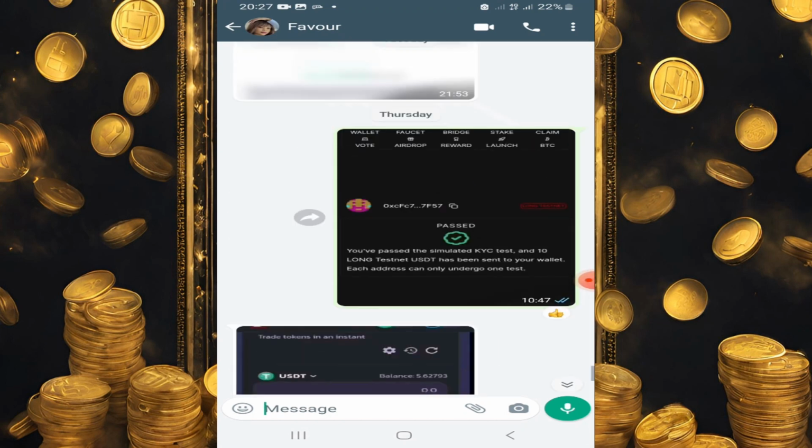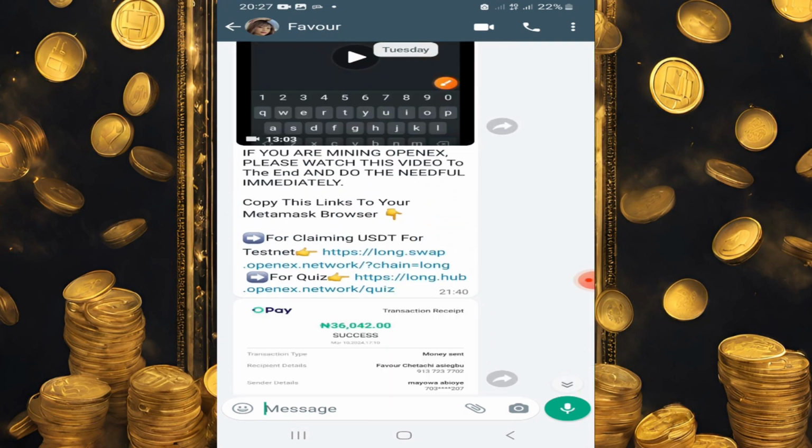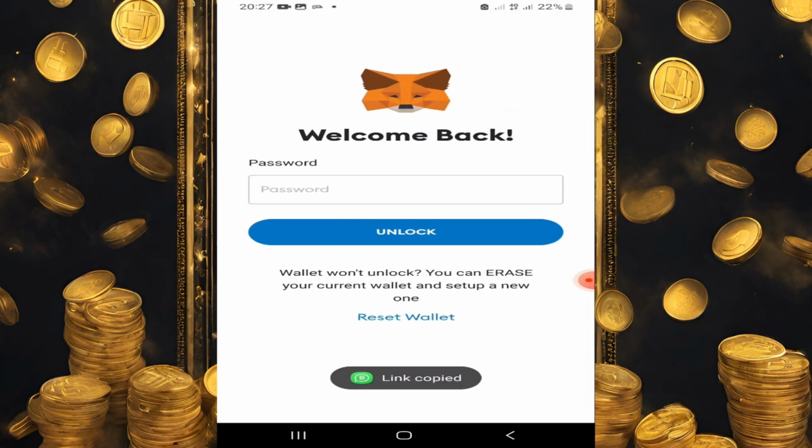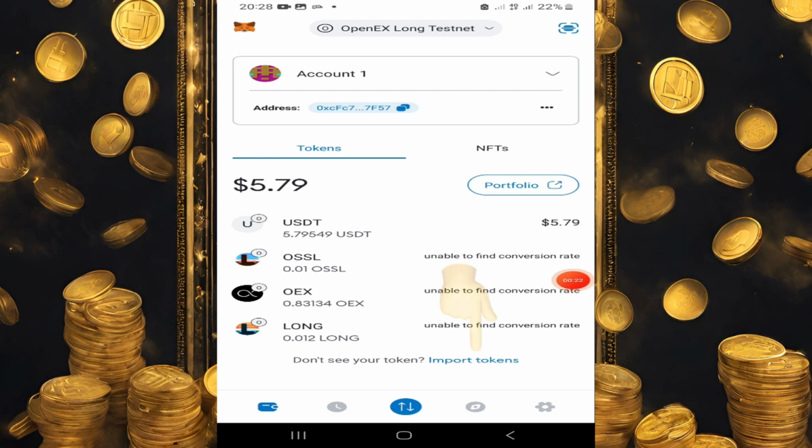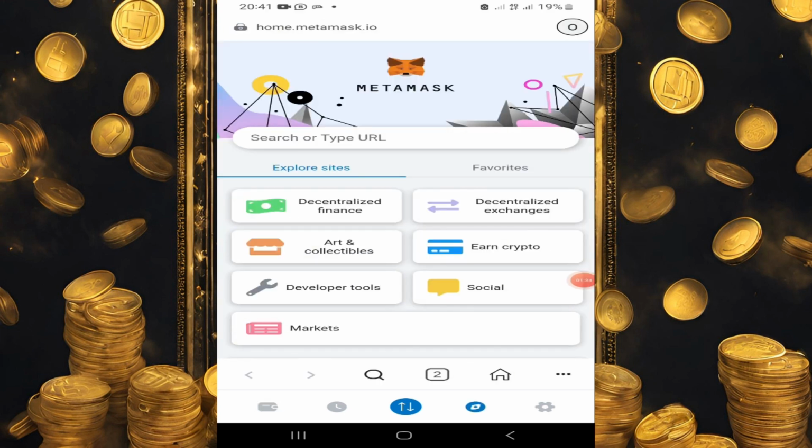In this video, I'm going to show you how you can actually vote on Testnet. So what you do is you head on to MetaMask. Here you have to punch in your password. Alright, so now after you are logged in, what you need to do is you click the fourth tab among those which are seated in the bottom section, and then you punch in this address